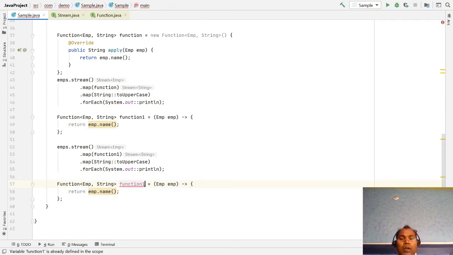First rule: the data type of the employee object is already identified from your left side, so you can omit it. If your lambda expression has only one argument, you can omit the parentheses as well. If you have only one statement in your body, you can remove the curly braces as well. If your lambda definition has only one statement and you don't write return, it automatically identifies and returns the value. So these make lambda code so concise.